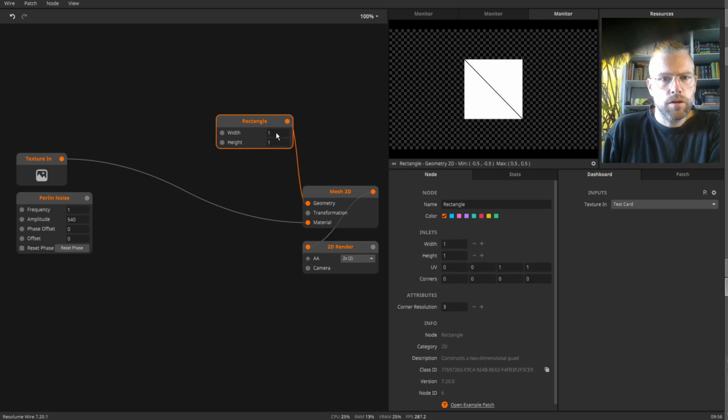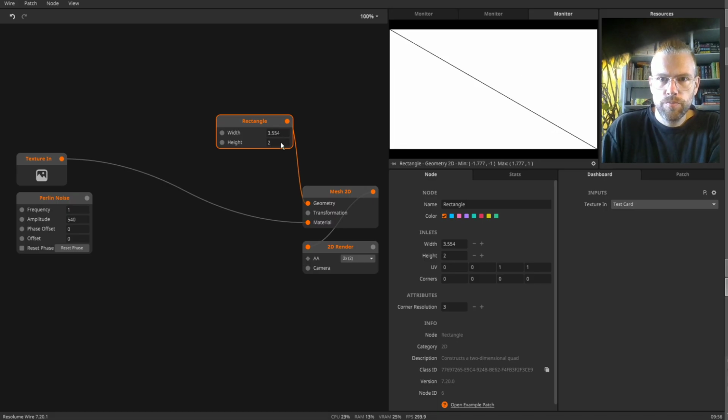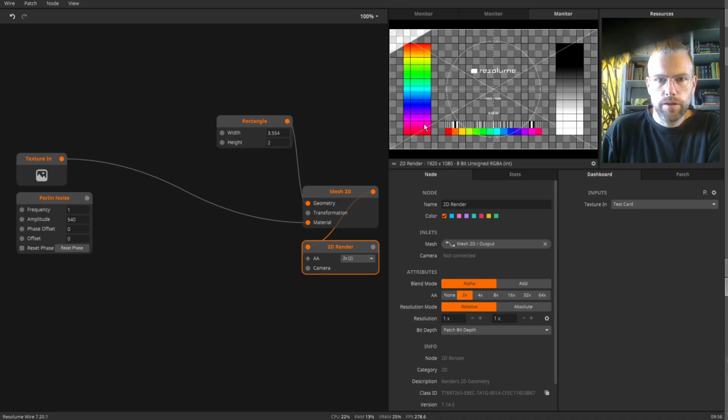Like I explained in my other tutorial, this one needs your aspect ratio. In a 16:9 it's 1.77 times 2, and the height is 2. So now it's full screen, like you see,